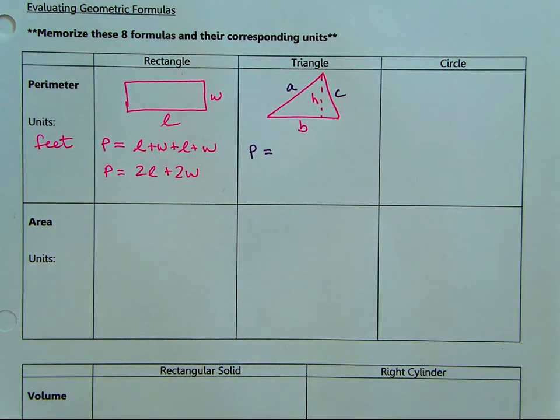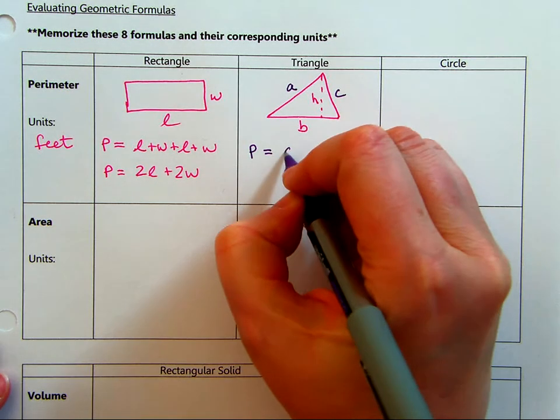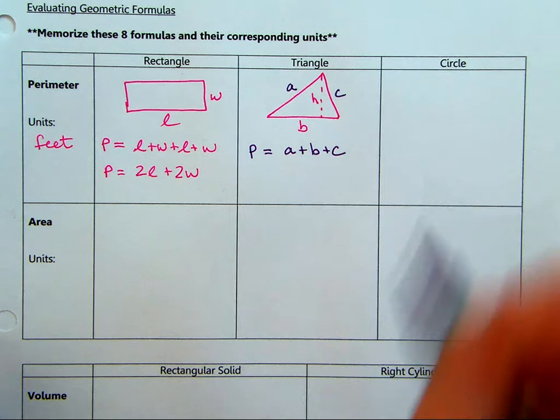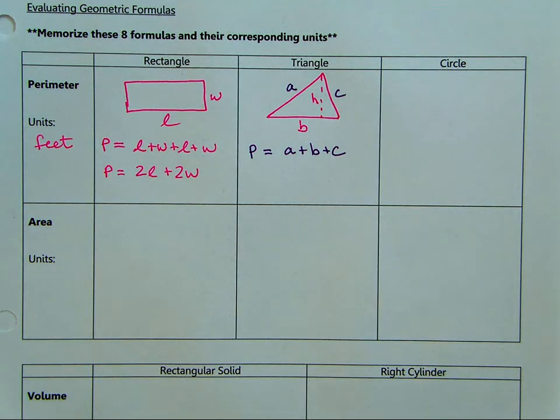So how would you find the perimeter of a triangle? Yes, side plus side plus side. Right. All three sides. Also A plus B plus C. But you know in perimeter you're going to add all the sides. You don't have to write down a formula if you don't want to.